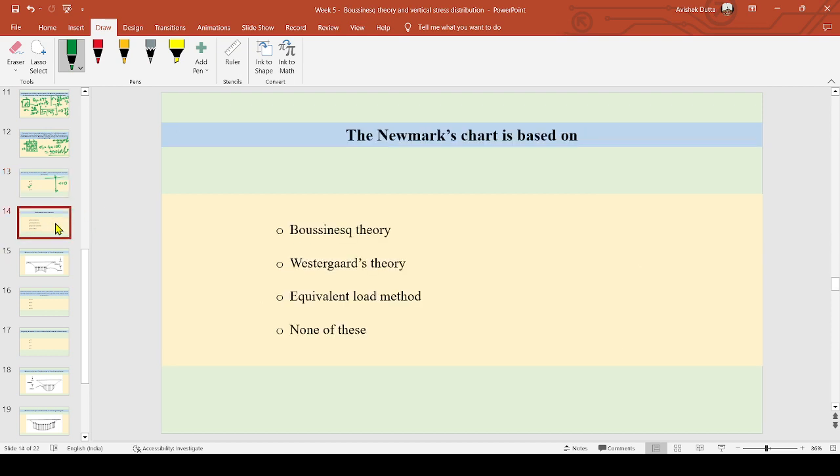Next question: the Newmark's chart is based on, a very important question, the Newmark's chart, that is the division of the circular area into a number of annular rings and a number of sectors. That is based on the original Boussinesq theory. Next question: